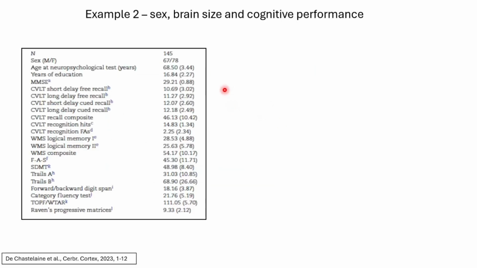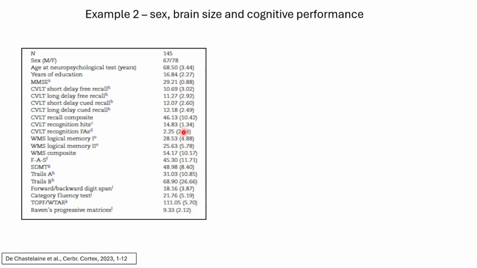Secondly, this is from my own lab. This is describing simply an older cohort from a much bigger study, which is published down here. We had around 150 older adults, roughly evenly split between males and females. And in these individuals, we had a very large number of cognitive measures. I won't bore you with what all of them are, but they were sufficient to allow us to use a principal components analysis approach to pull out a factor which corresponds to general intelligence, what we call general cognitive ability.